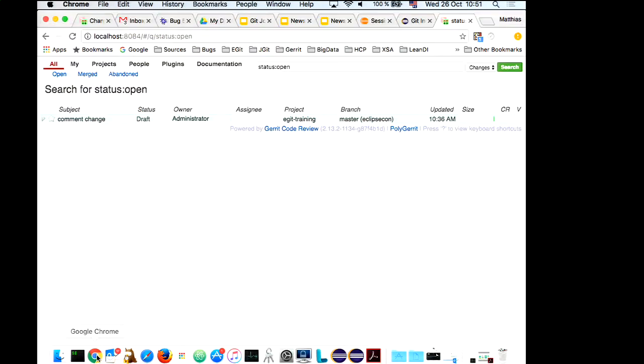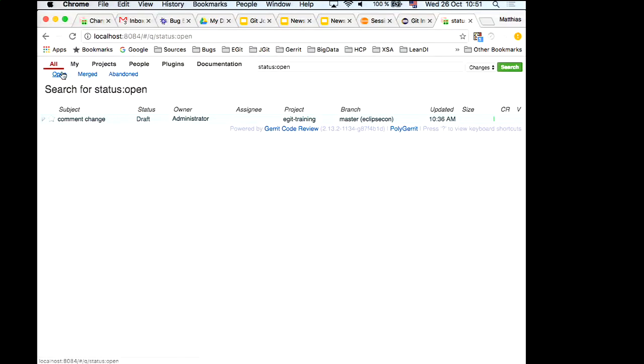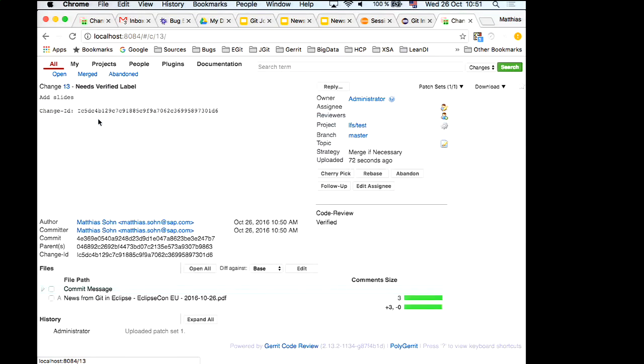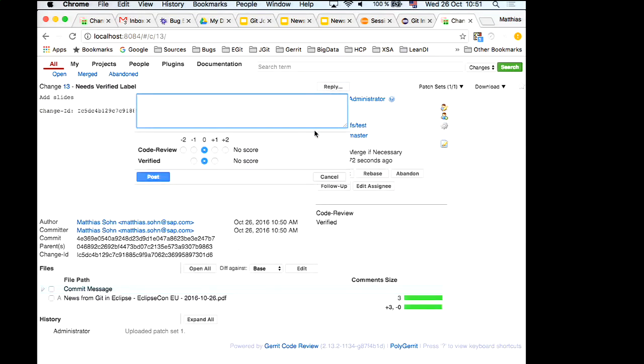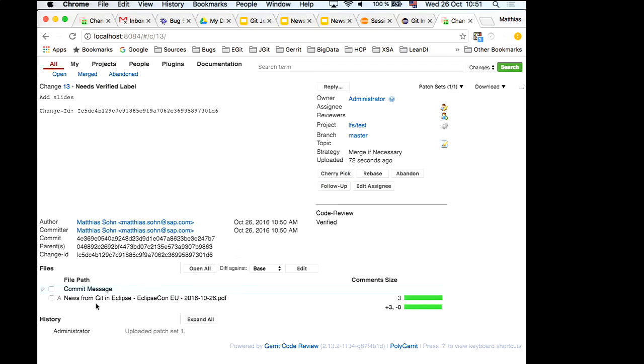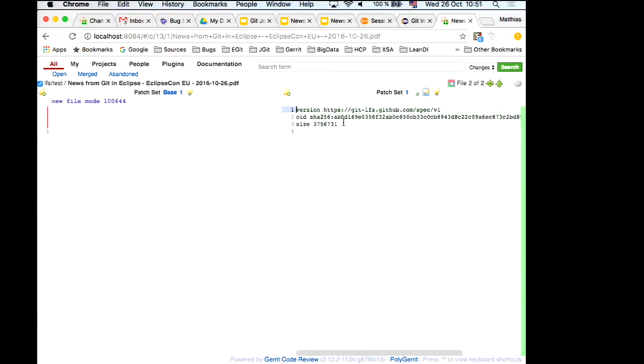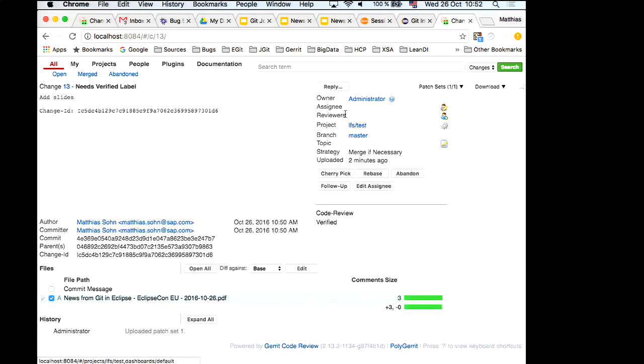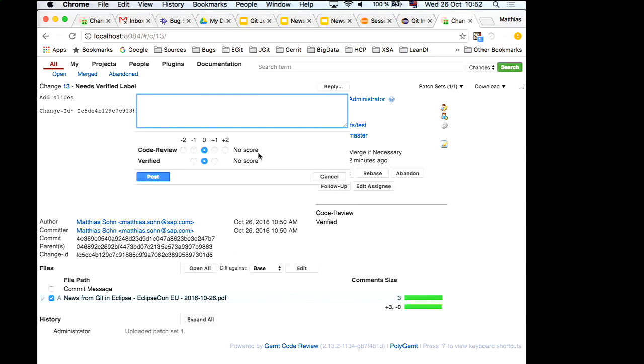Now we can accept this change, just to finish this cycle. I can also show that Gerrit isn't yet aware that this is an LFS object. If you look at the change, you only see this metadata file describing what is stored in the LFS storage. So Gerrit doesn't show the file, but only the metadata which is stored in Git. And if I now accept this,